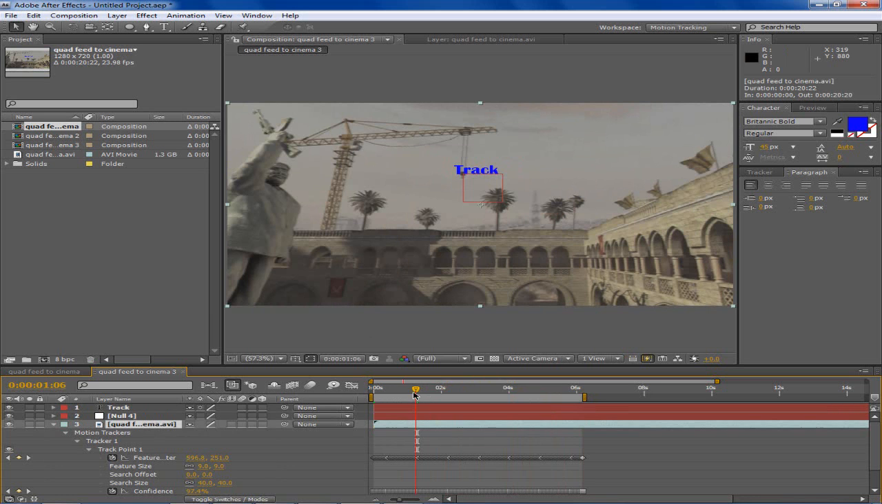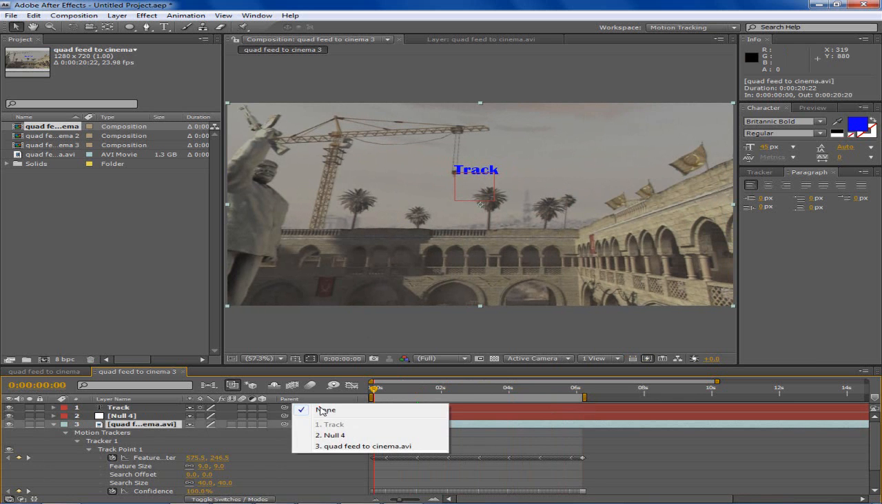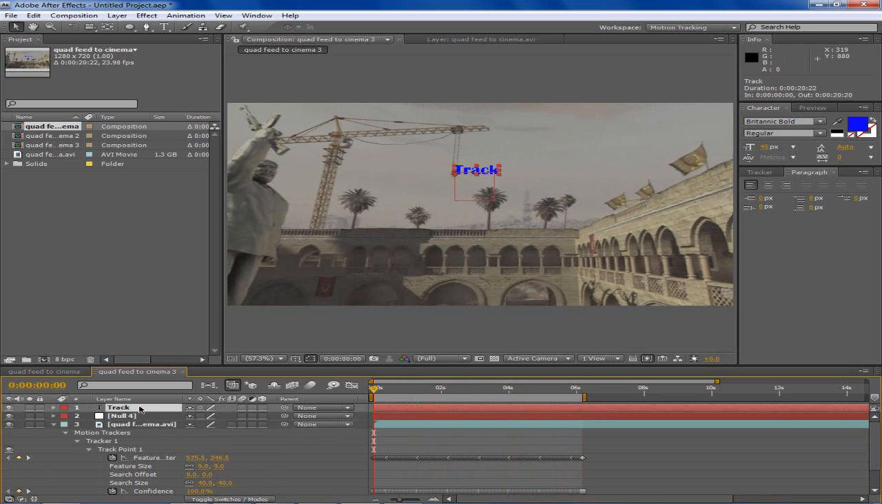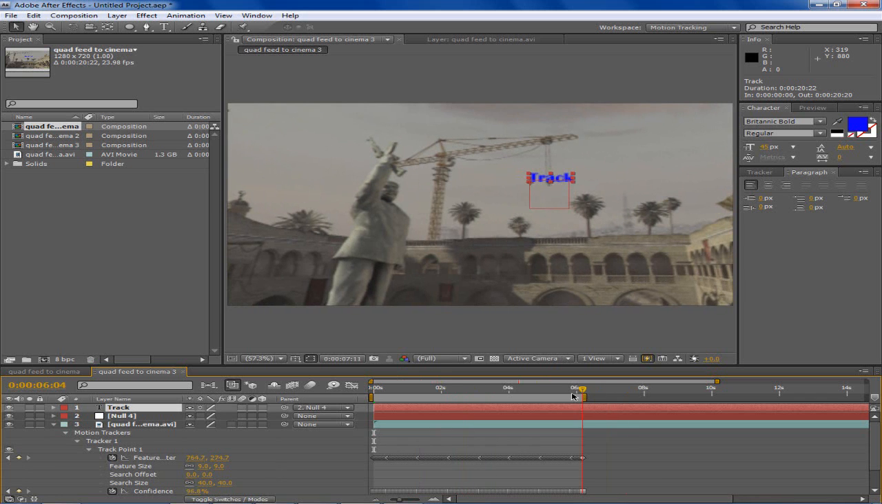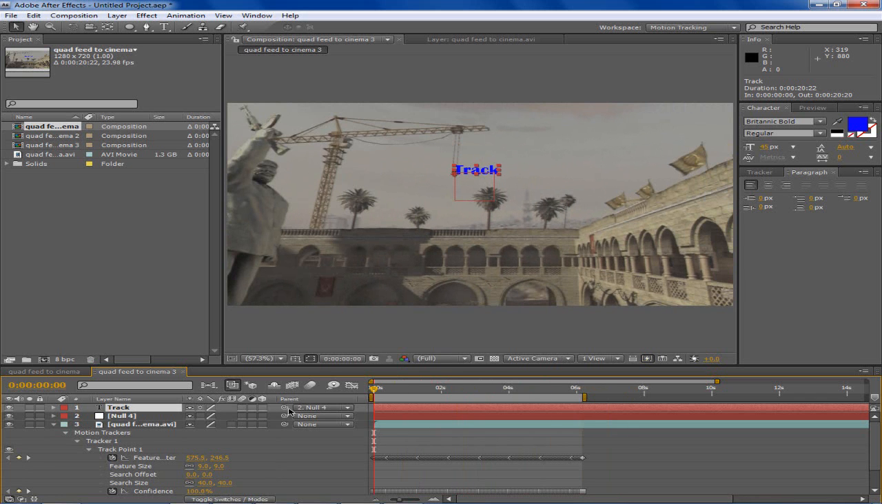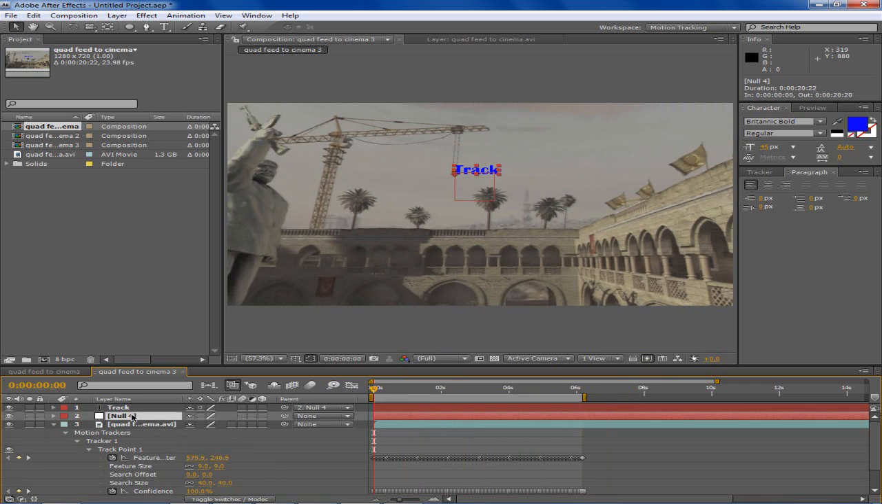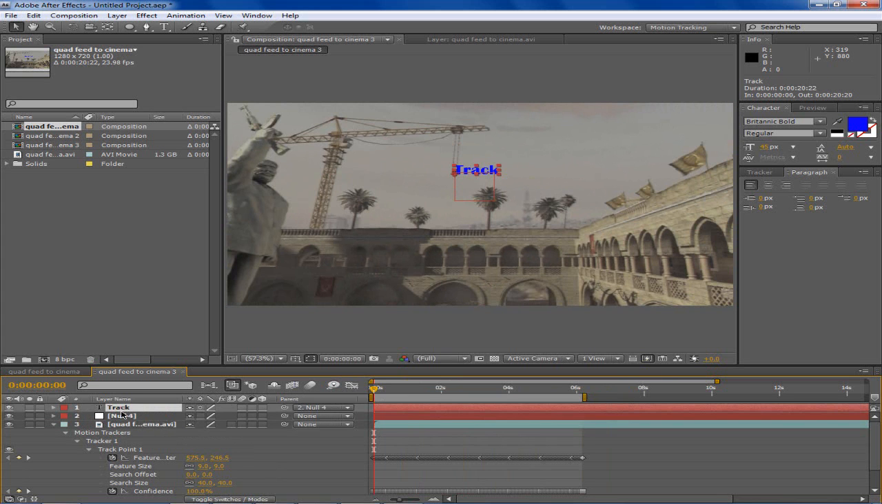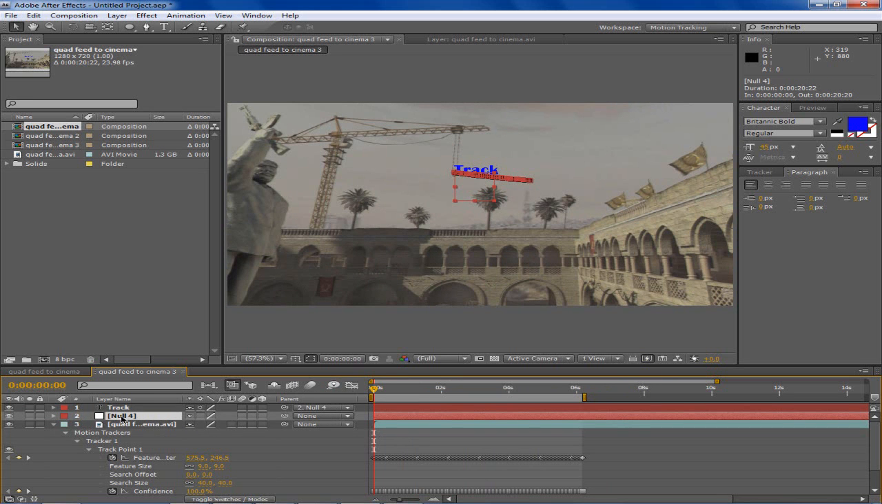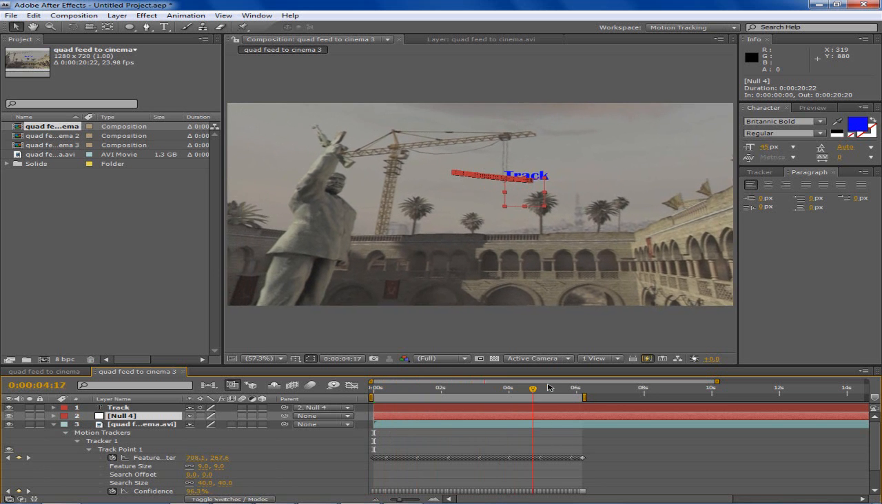So to do this, you have two different options. You can go to whatever you want to track and go to the parent option and go to null 4, and that's going to track it to the exact spot. Or you can go to none and then get this little pick whip, and drag it onto the null, and it's going to parent them. So what I'm basically doing is making the text have the same position and scale as the null object. So if I render this out,